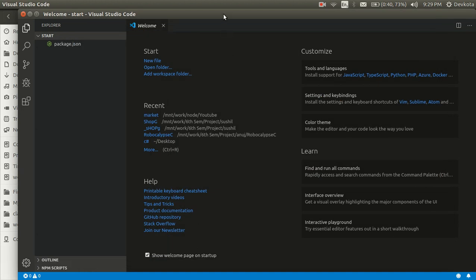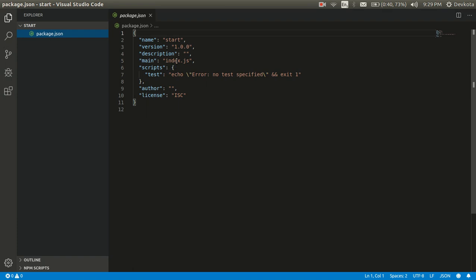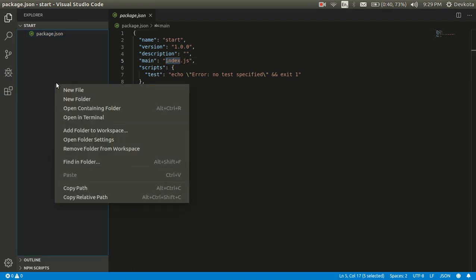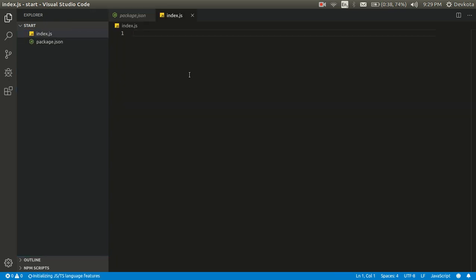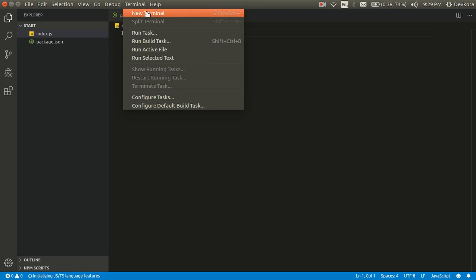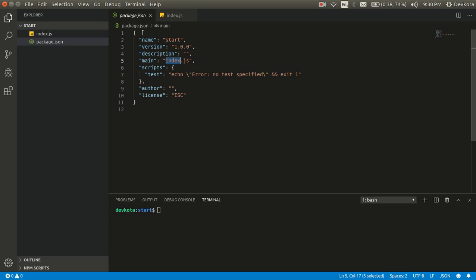And here it is, the package.json. Our main file is index.js. Let's create that. We'll be using Express, and for that we need to install it. In package.json there is no dependencies section yet. Whenever we install a package,